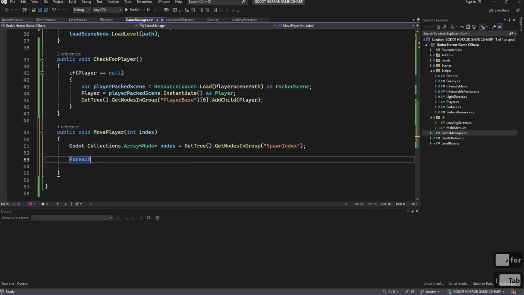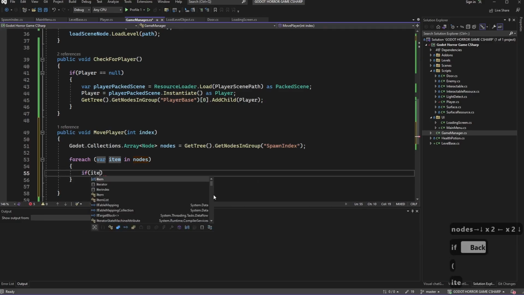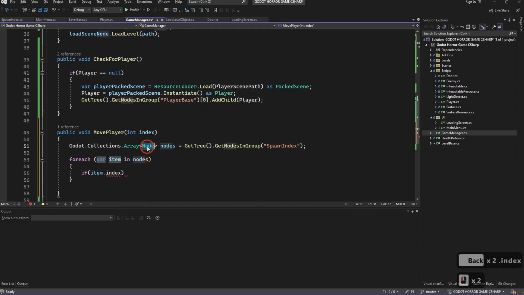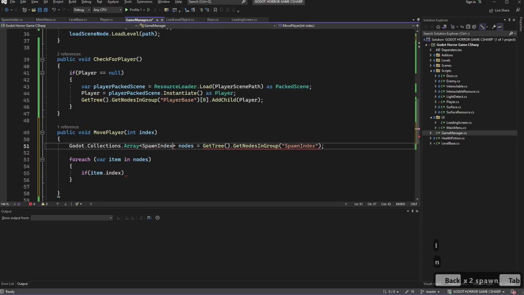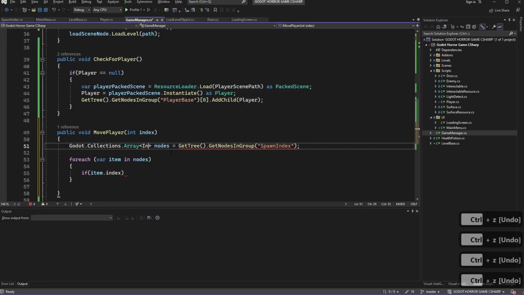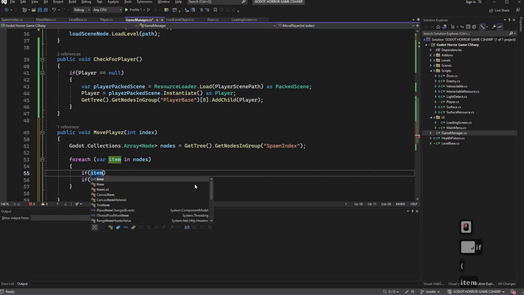So next, we'll just say for each var item in nodes. Then I'll say if item.index, which you'll notice that it's not really picking it up, right? And that's because this is a type of node, not a type of index. But I can't just say spawn index because Godot's going to get mad. It's going to say, hey, you can't do that, right? So here's where things get kind of painful, and this is the reason why I don't necessarily like how these things work. So you have to say if item is